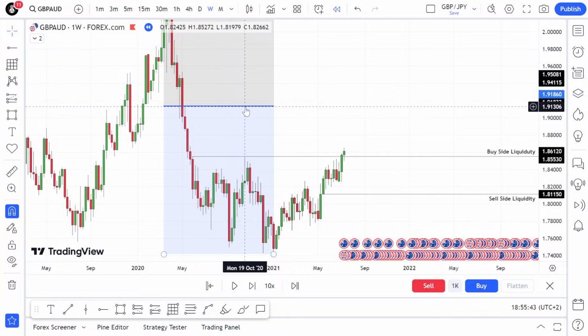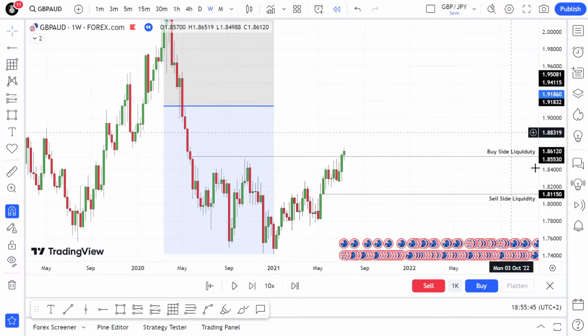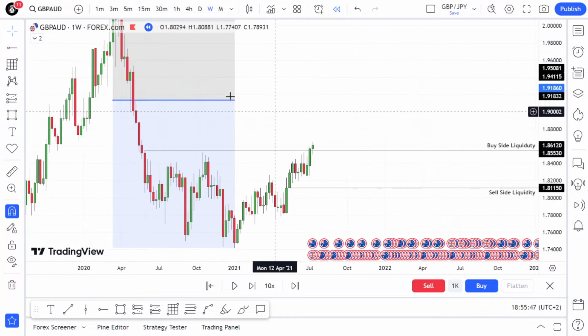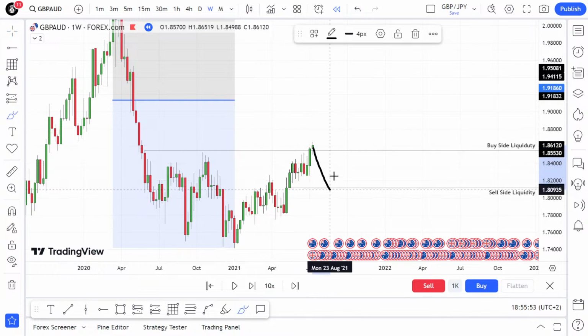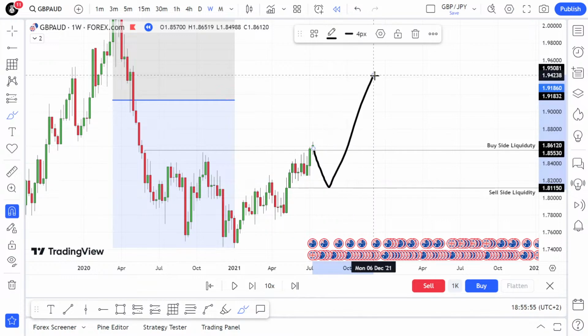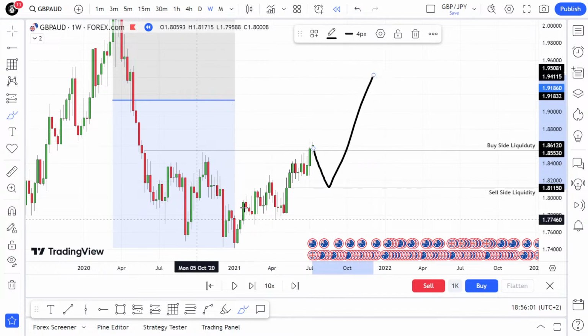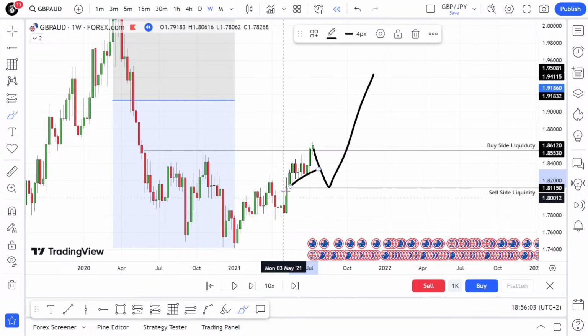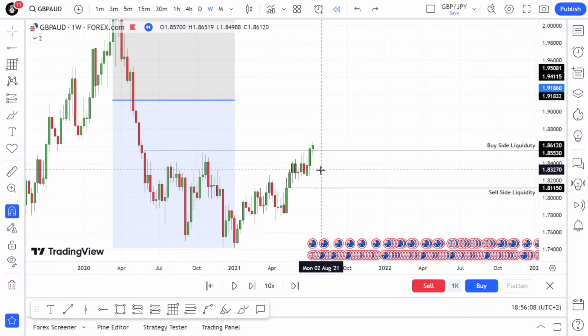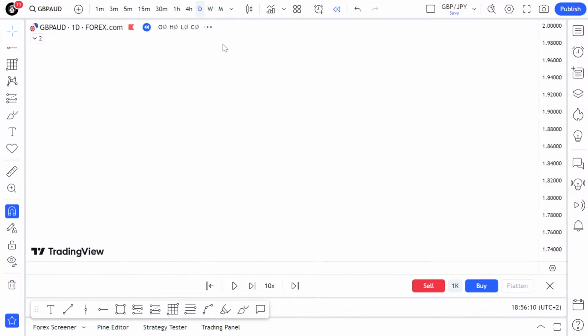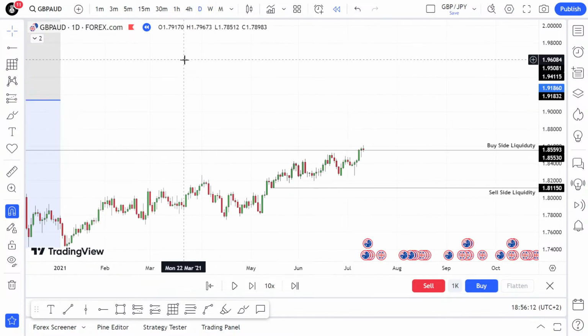I would say it's a fairly viable option because you've swept the buy side, and even if the market wanted to do that, it probably wants to rebalance this price leg before moving there, for the fact that it just swept buy side. It wants to take some of the sell side, and there is a lot here, plus this fair value gap in daily and weekly time frames. So identifying that,